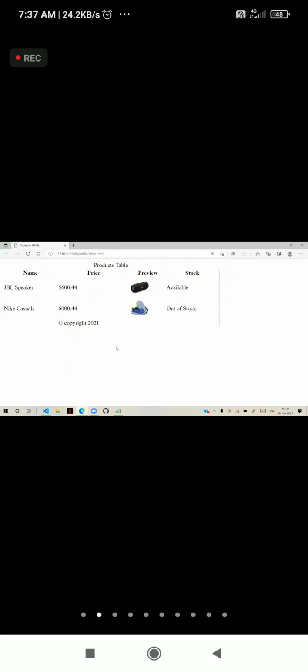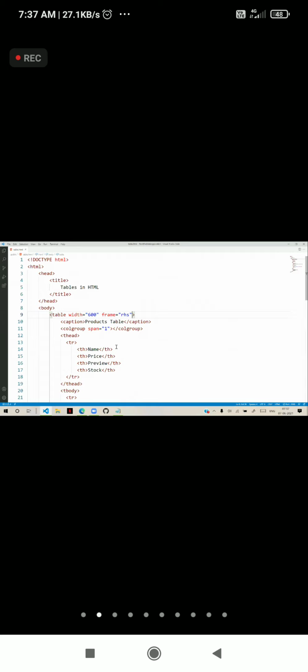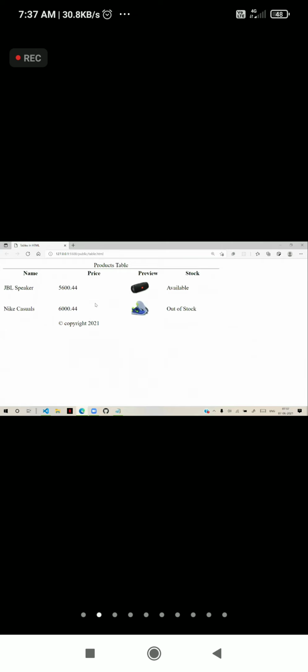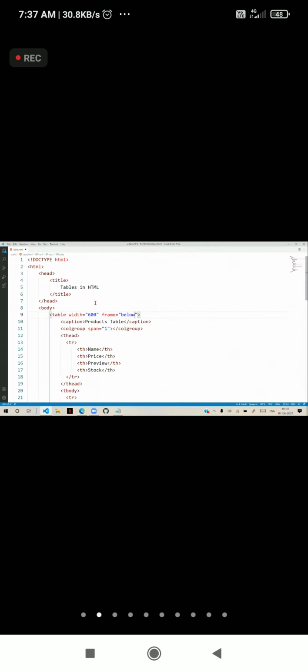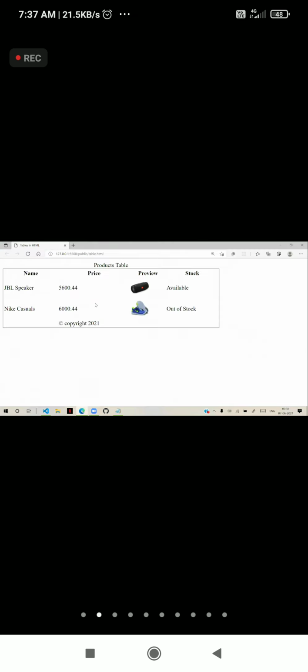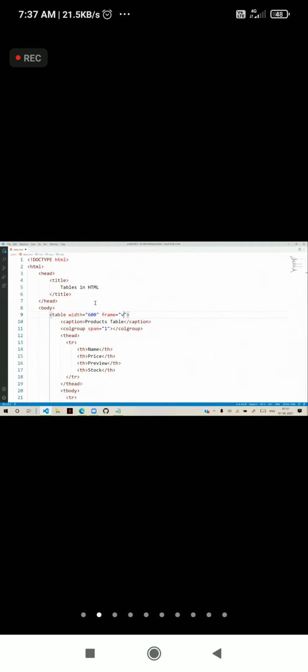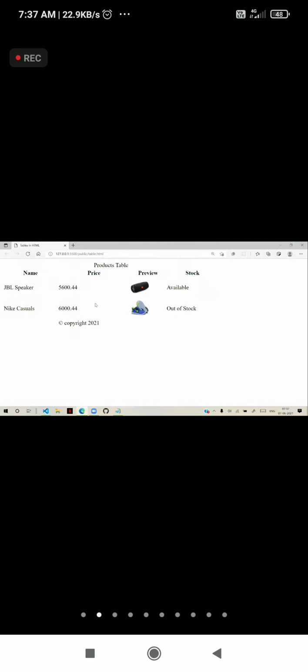Generally, when you are displaying two tables side by side, you can put a right hand side frame. You can keep LHS, left hand side. Left hand side will come. You can keep above. Above means the frame will come above. You can keep below. You can keep box, all sides. You can keep void. Then it will remove the frame. So we need void for different situations. I will show you. This is frame. Frame is for only the table.